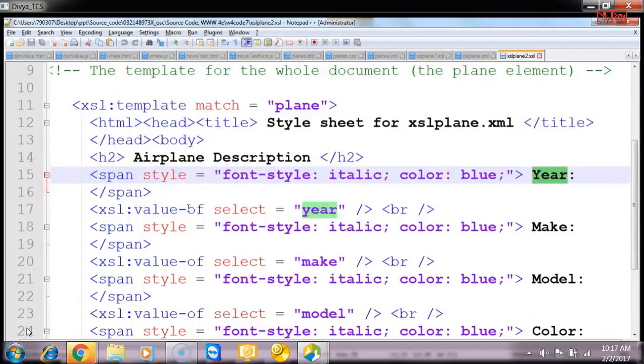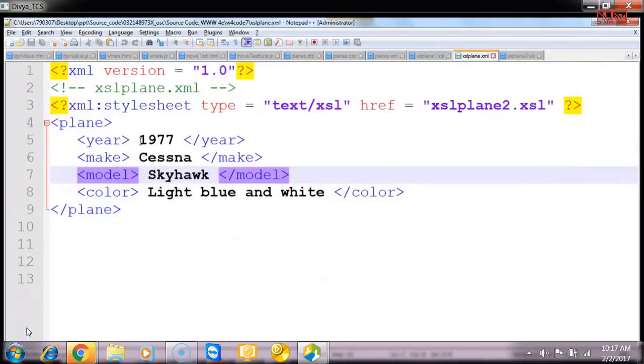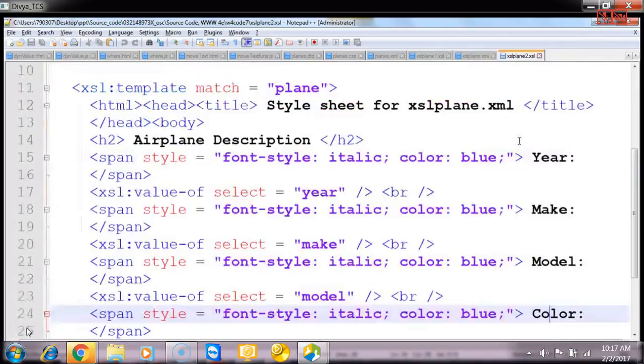xsl:value-of select. If it is a year, what should happen? If it is a make, if it's a model, if it's a color. Like you have seen, right? We have year, make, model, color. So respectively,